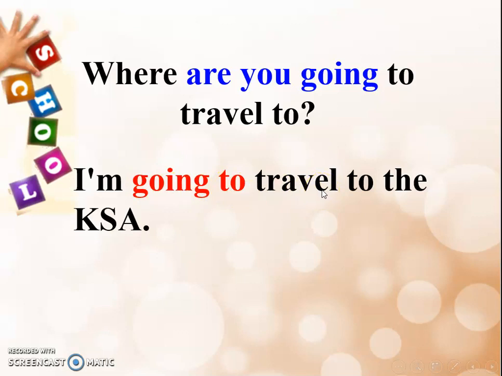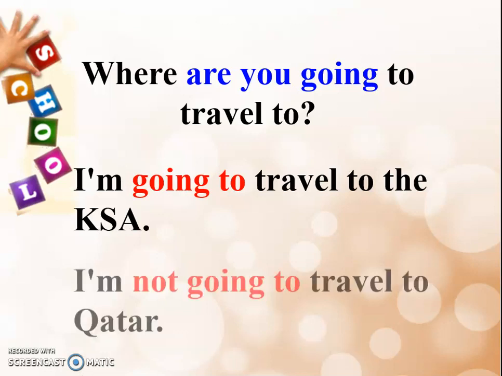I am going to play. I am going to draw. We are going to visit the park. For example, we are going to visit my grandmother. Okay, here is be going to plus verb, which indicates a plan or an action in the near future.